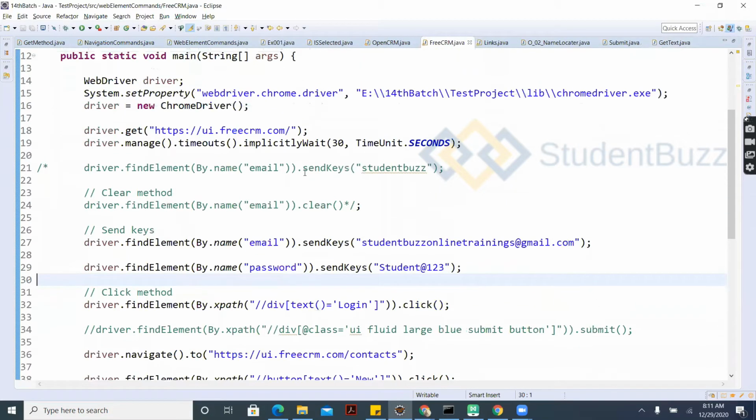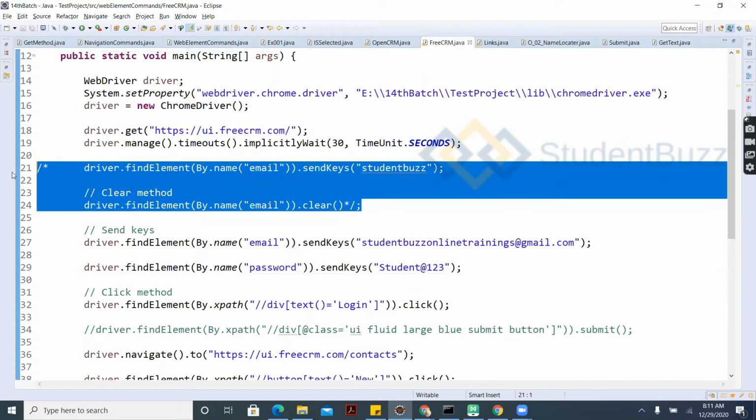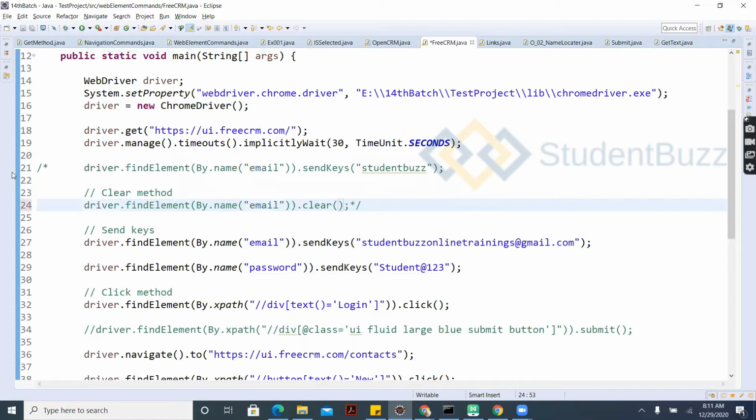See here, I have some code here, you guys can see. This is a CRM application.